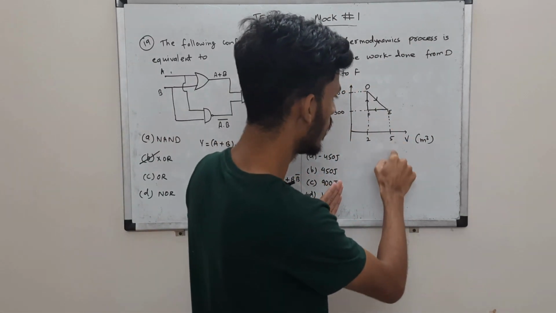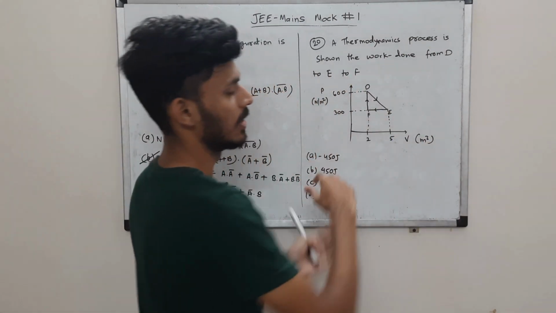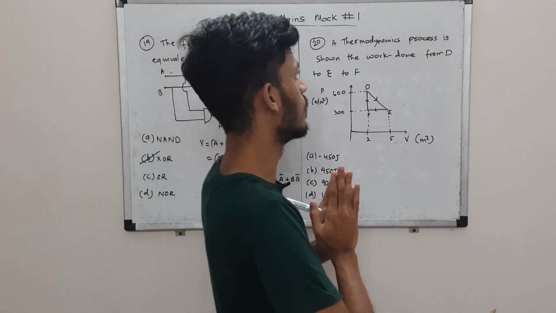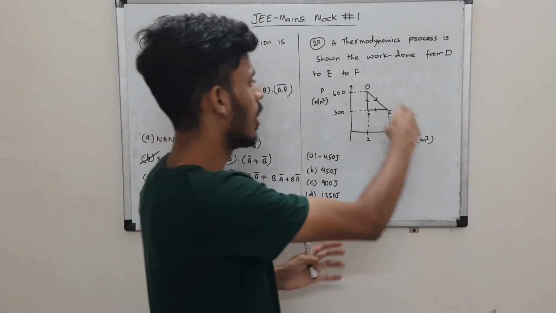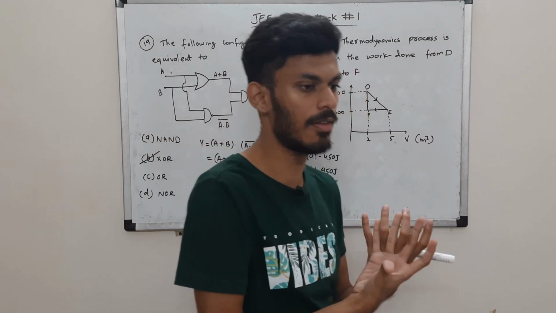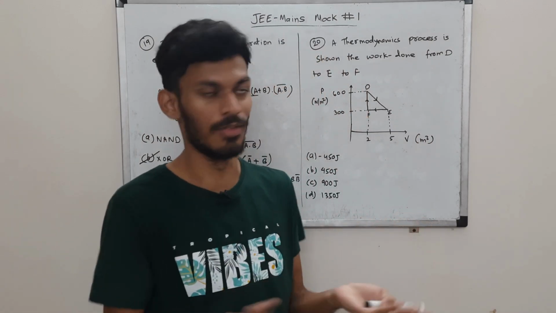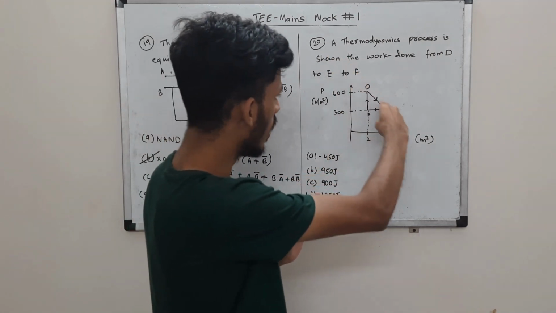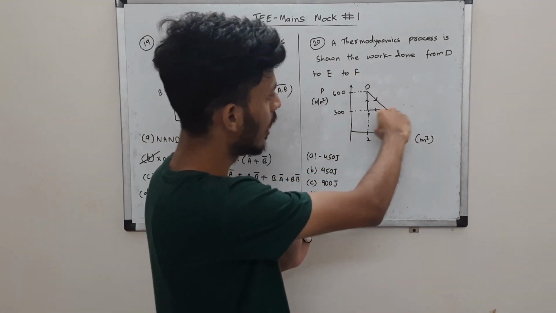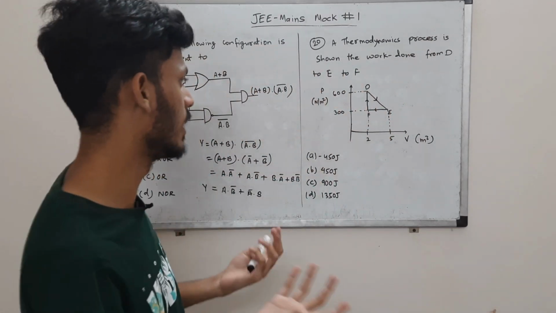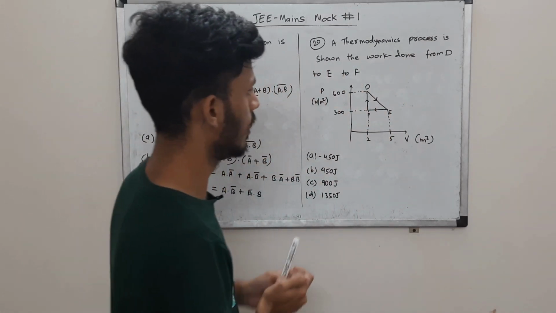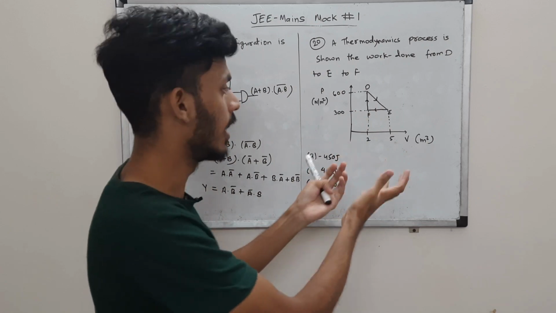You go to 5 meter cube and then you compress. So work is done on the gas, okay? You want to find out what is the work done by the gas, okay? So of course work done by the gas will be positive and done on the gas is negative, convention, right? So you find this work D to E, F to E, okay? F to E will be negative by nature, okay,